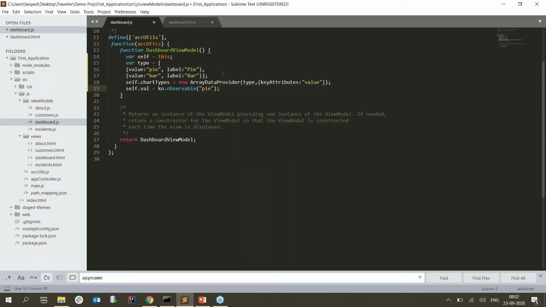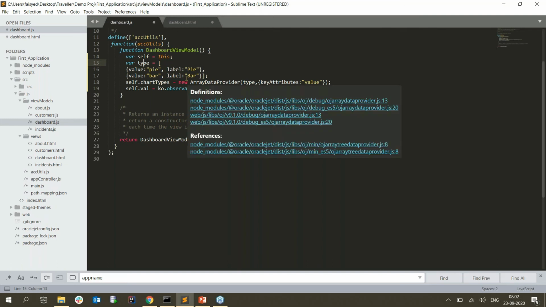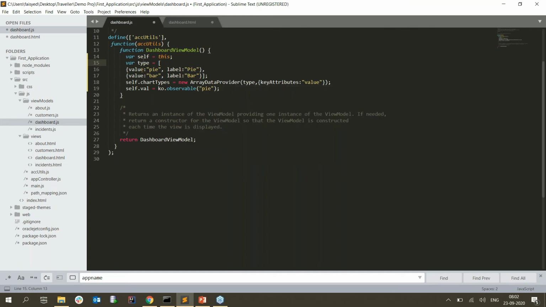Now let's address this thing first. What I'm doing over here is defining the types of what all I'm going to display on the chart, like for example the pie and the bar charts. These are the drop-down values that I'm planning to display.